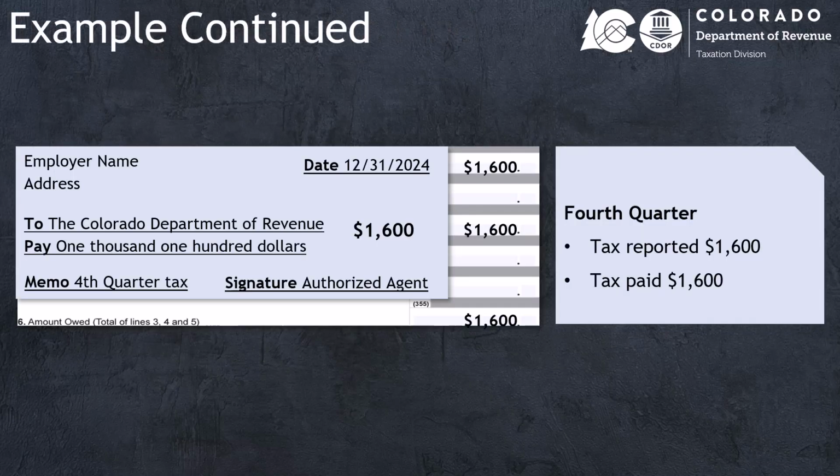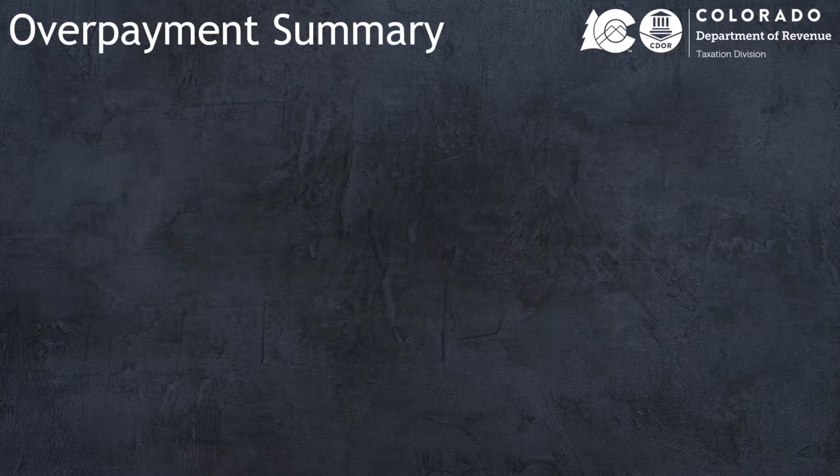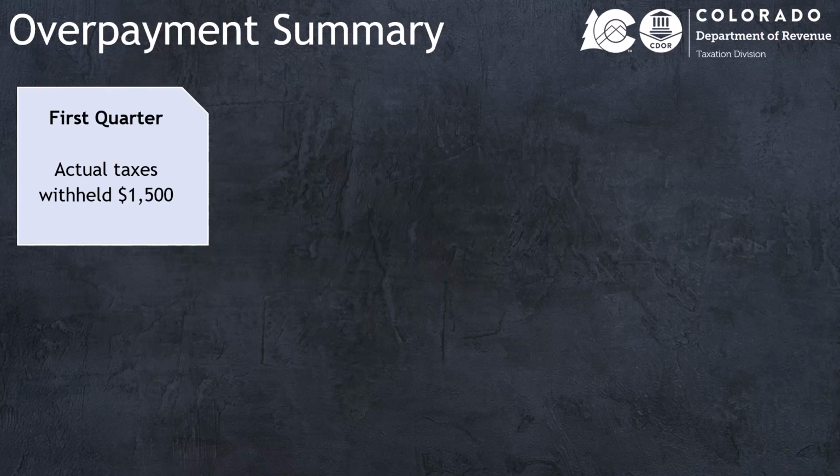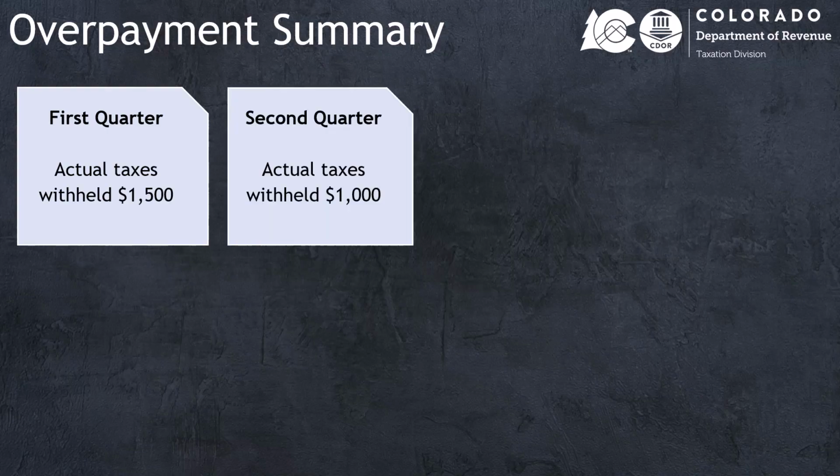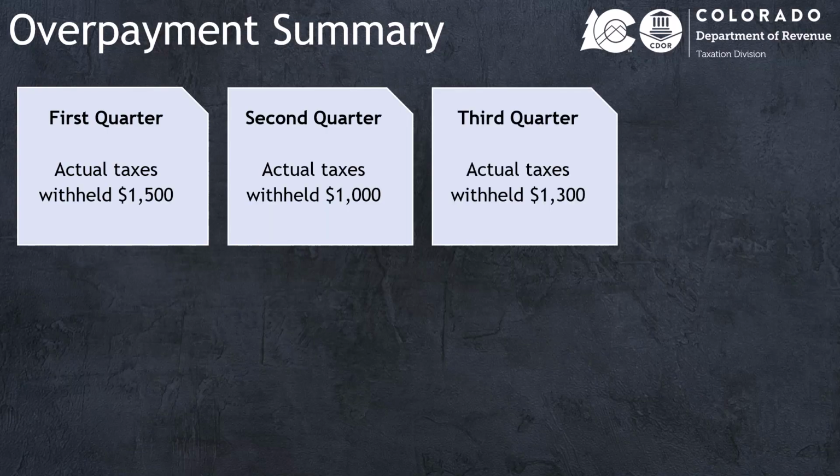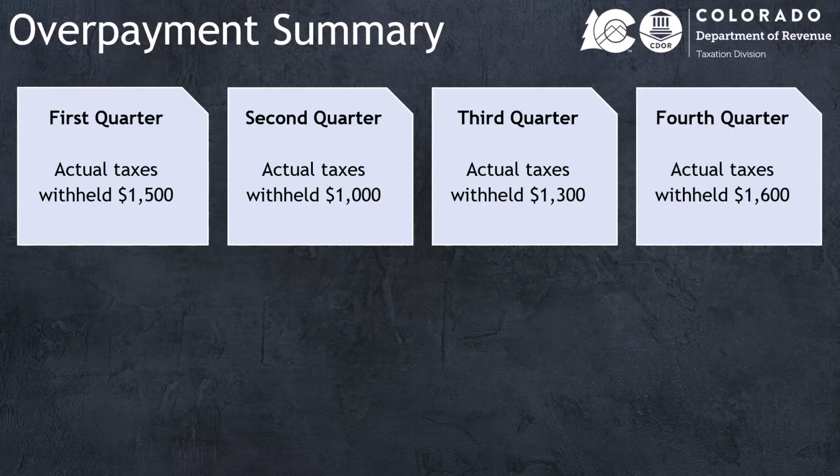Back to our example, fourth quarter Colorado income taxes withheld on line 1 of the DR 1094 were $1,600. Line 2 should be 0. This is because the first quarter overpayment of $1,200 was completely claimed in the second and third quarters. In our example, W-2 Colorado income taxes withheld were $1,500 the first quarter, $1,000 the second, $1,300 the third, and $1,600 the fourth, for a total of